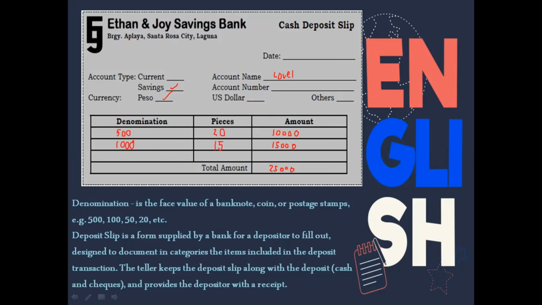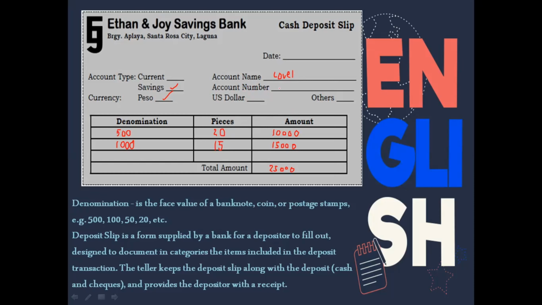So, we have to give or provide information properly. Okay? It is our money and the bank is protecting our money. So we have to protect our money too. Okay? Because once we